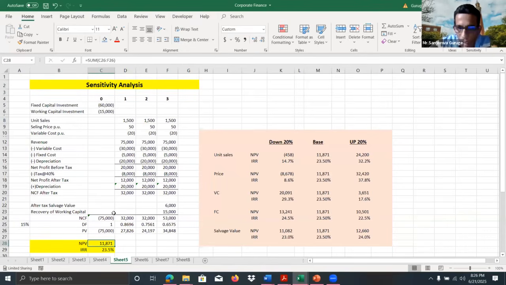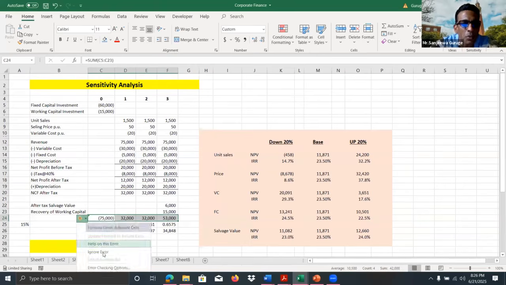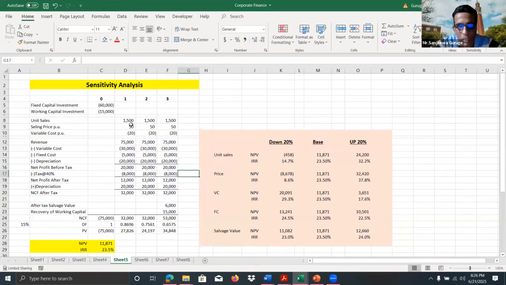When we do this, as I mentioned, it's not practical to do it manually. So we need to use a simple Excel sheet, and then it will take only a few seconds to do this analysis. I have prepared this with the proper links, because when we insert the initial information, all the values are linked, and the discount rate is calculated using the discount factor and the present value, everything linked. With a simple Excel sheet, to see the sensitivity of a particular variable does not take time.